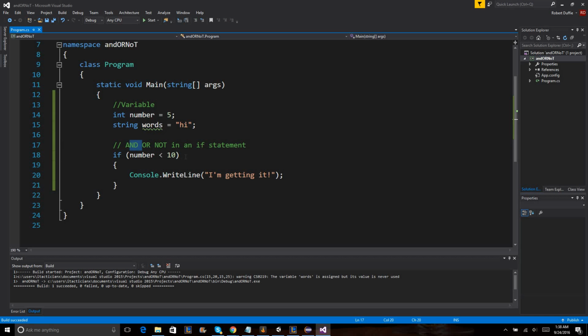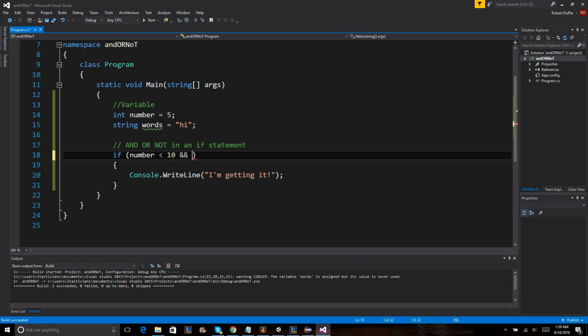Now, first we're going to do the and. What an and is, it's basically joining 2 conditions together and saying they both simultaneously have to be true in order for this statement to run. So it would read like, if the number was less than 10 and such happened over here. But you don't write it as and, it's actually 2 of these signs here, which both mean and. They're the Shift 7 key. So you have to write